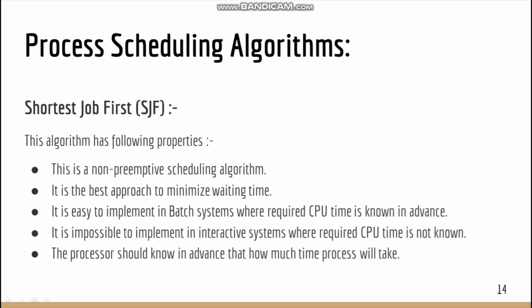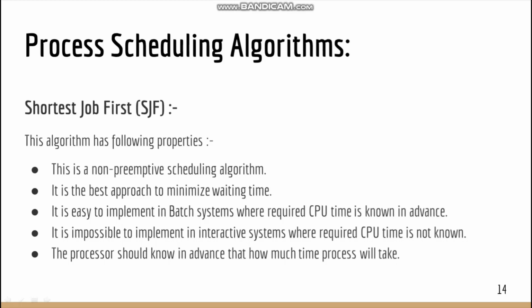As you have studied about the two basic process scheduling algorithms named FCFS algorithm and round robin algorithm, now coming towards another process scheduling algorithm named shortest job first, short form SJF scheduling algorithm. This is a non-preemptive scheduling algorithm and the best approach to minimize the waiting time of all the processes in the system. In this algorithm, we assign the burst times to all the processes that arrive into the system for their execution, and then the process which has the least burst time will be executed first.